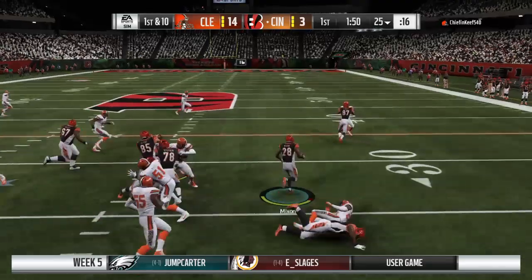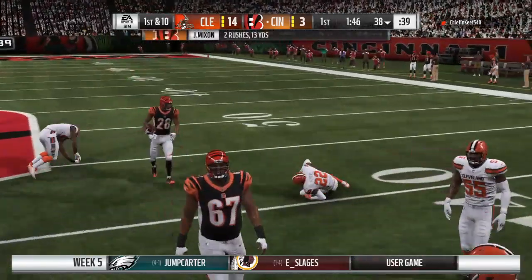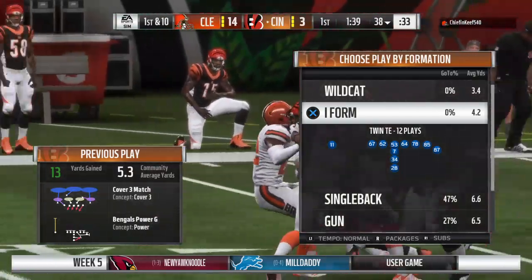Here's Joe Mixon as they start on the ground. And he's taken down but able to slip across the 35. Solid way to start the drive. 13 yards, picking up the first. I have to admit, I'm excited by that play call